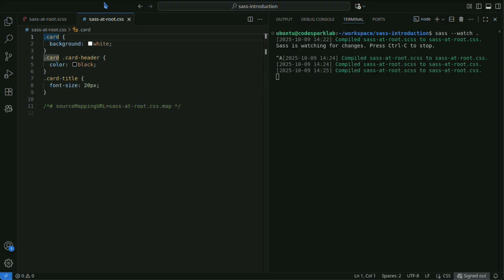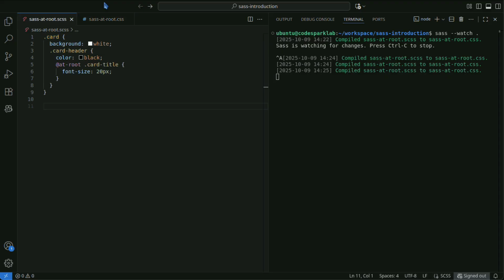When you convert the Sass file to CSS, it will look like this. By using @root, .card-title is output outside .card-header. By specifying arguments, @root can be controlled more flexibly. When you use the without argument, the output ignores the specified scopes. In other words, you can remove parent rules or media queries.